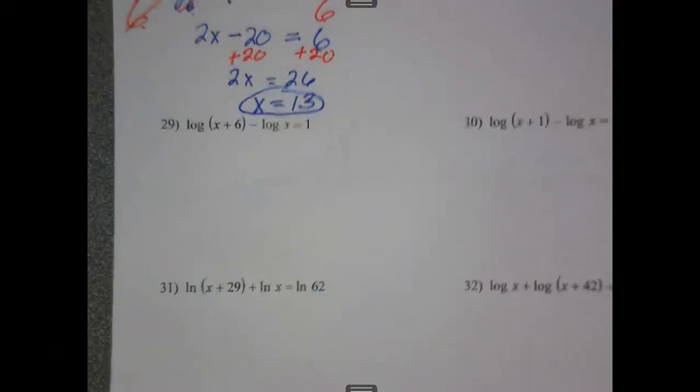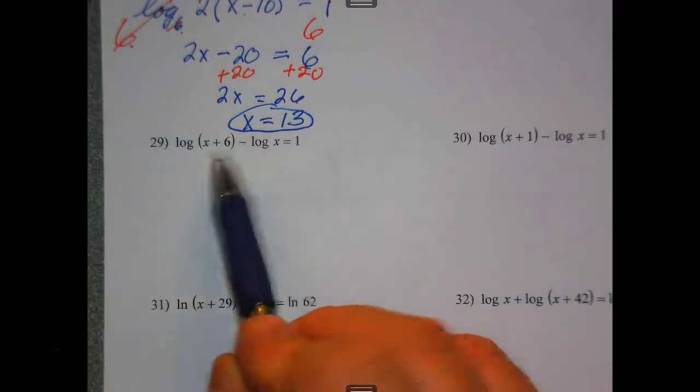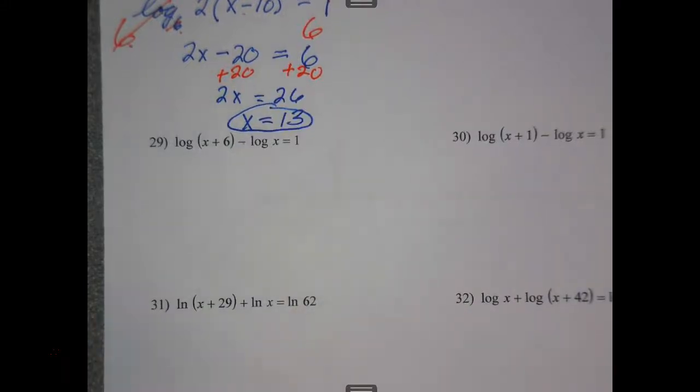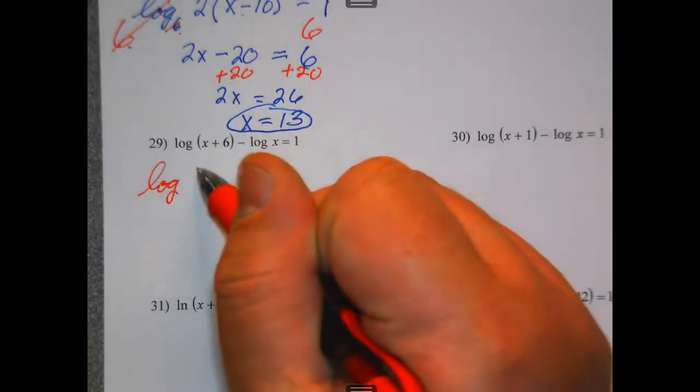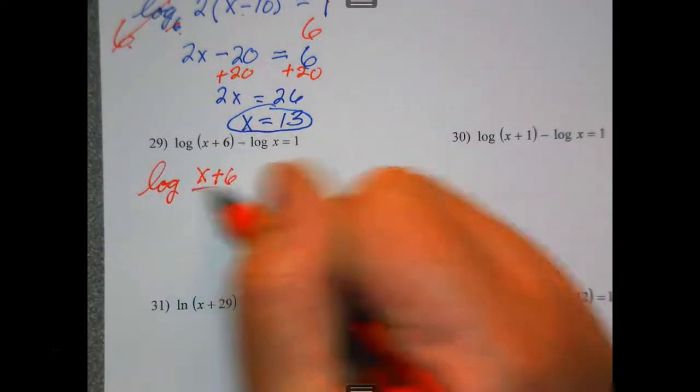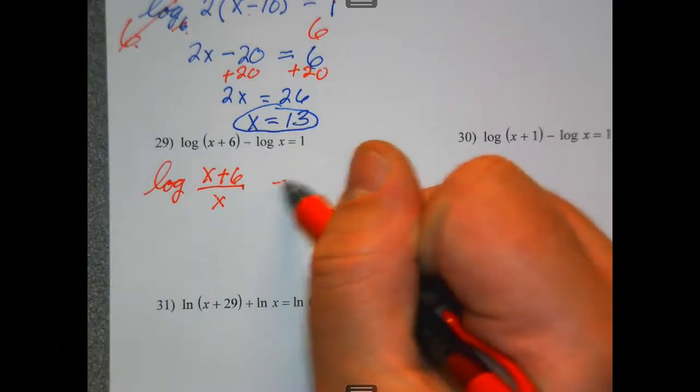29. I have subtraction this time. What am I going to do with the numbers? X plus 6 is my numerator, divided by x, going to equal 1. Now,